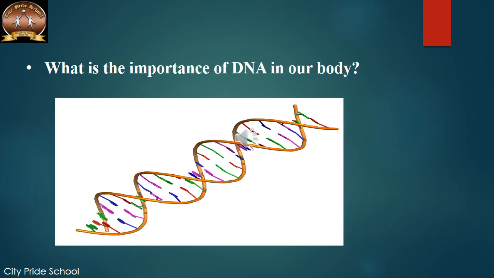Now we end with another question here: what is the importance of this DNA in our body? We studied just now that in the nucleus there is DNA material present in the chromatin fibers. It carries the hereditary information from the parents to the offspring. It is because of this DNA molecule that the children resemble their parents. You look somewhat like your parents. It is because of the DNA molecules that carry the information from the parent to the child.